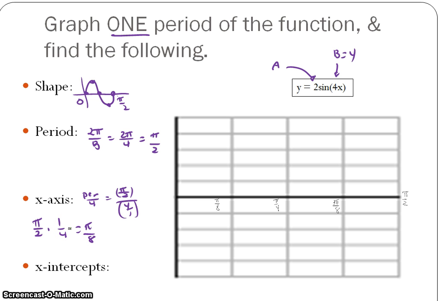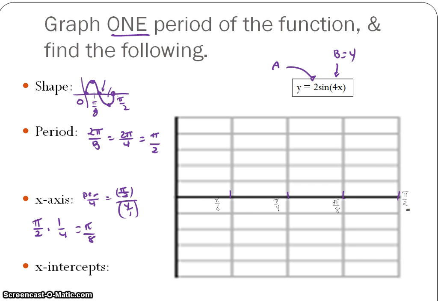So that means the distance between our dots is going to be pi over 8. So if you think about, if this is 1 pi over 8, this is going to be 2 pi over 8, this is going to be 3 pi over 8, and that's going to be 4 pi over 8. Okay, so we see them marked off here already. And then lastly, we'll find our